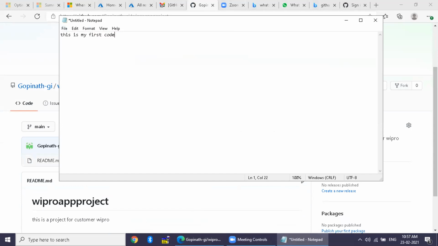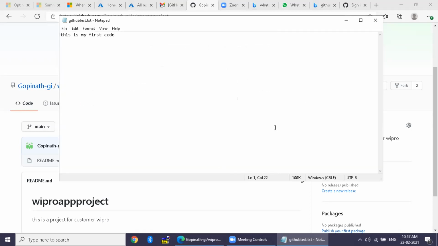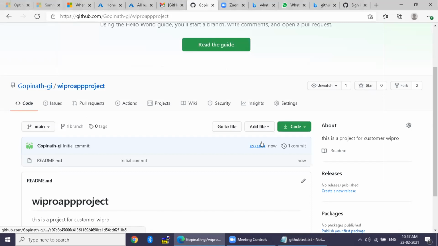Save this on the desktop. Just give it any name. Click save. Let's assume that this is a Java file. You can go to add file and add the file.